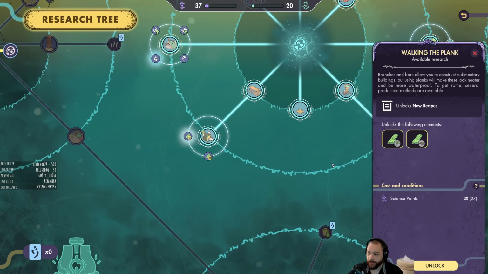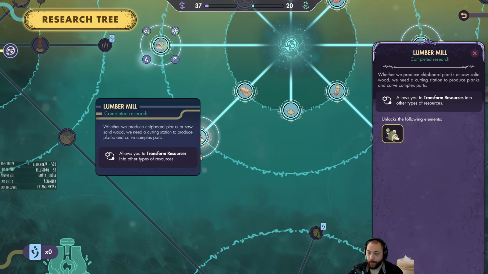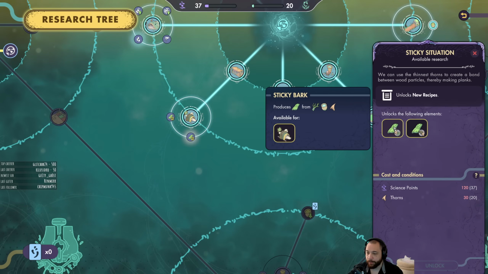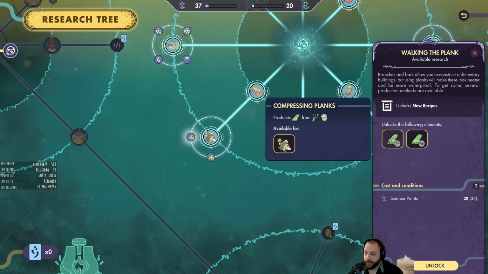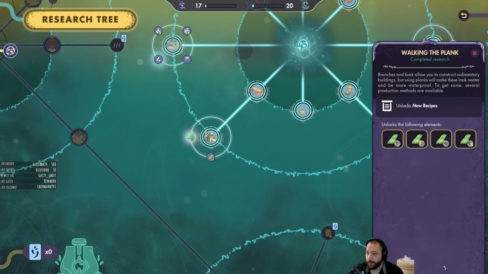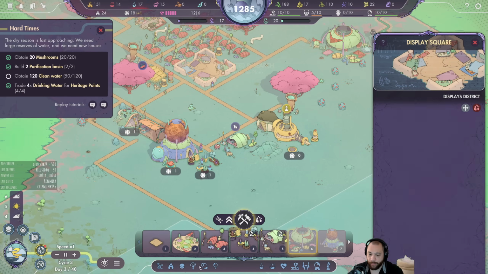So in order to make branches, we can cut down trees, or we can compress planks or bark with water in a lumber mill. Alternatively, we can produce it from thorns for sticky bark. So there's a bunch of different ways to go about this. This one requires more thorns than we currently have and also more science points. So the easier one is to make it with branches and water, or bark and water, and we do now collect branches and bark. So I'm going to unlock the walking the plank and then work on building a lumber mill and then producing the